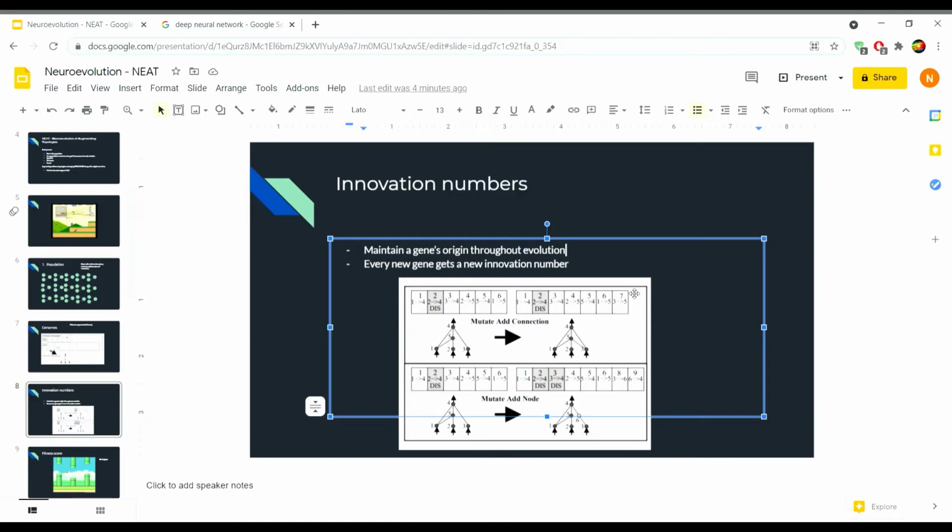So the innovation numbers are global, meaning that they're incremented throughout evolution and they're saved throughout evolution. And what's important about innovation numbers is that if a gene pops up that NEAT has seen before, so let's say we have